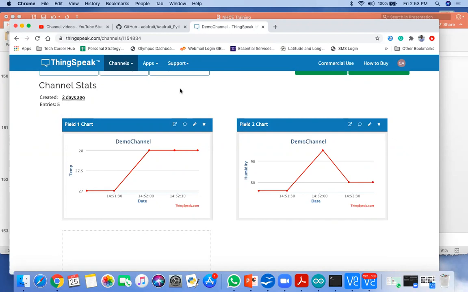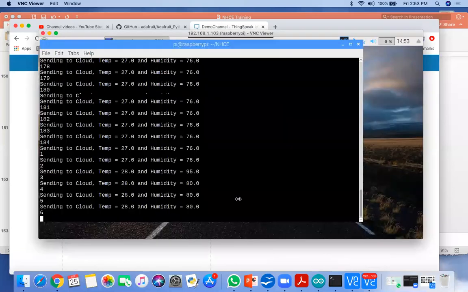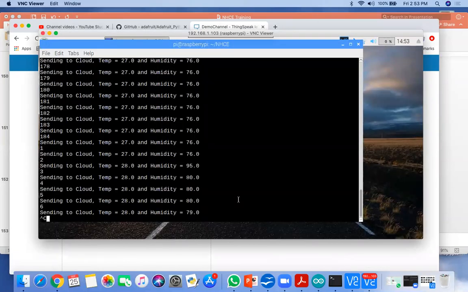Okay, so any doubt, just ask me or just type no doubts into the chat window. Otherwise, all the sensors and actuators we have already studied on day one and day two. You can play with those sensors and try to upload the values to Google or this ThingSpeak cloud.